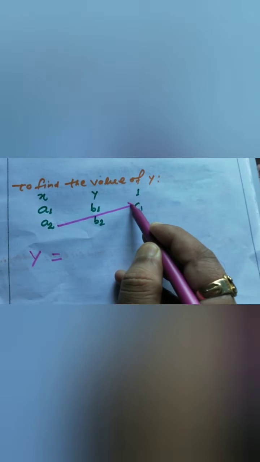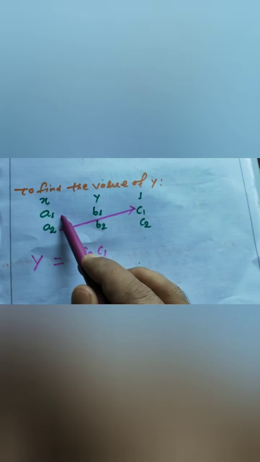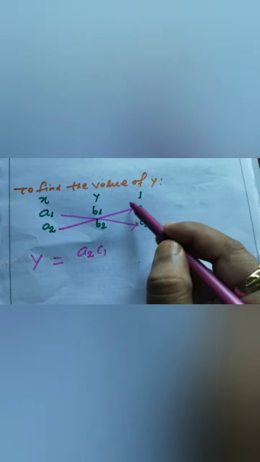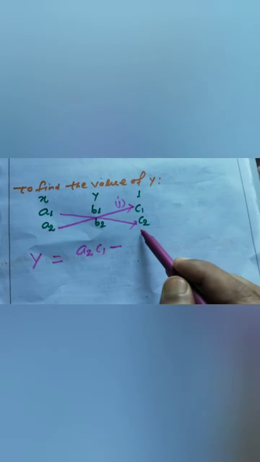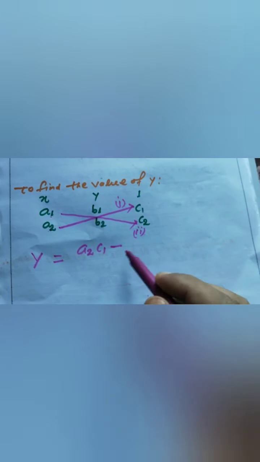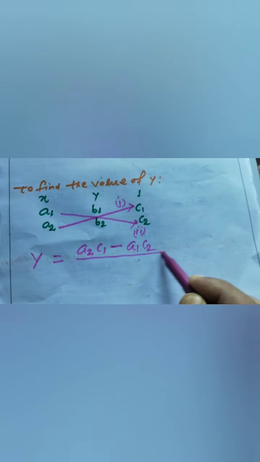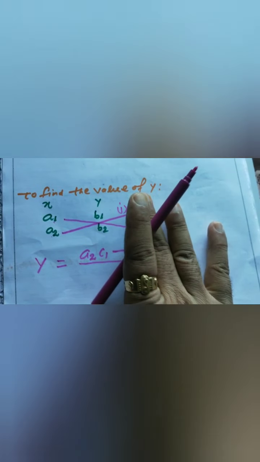First you have to multiply a2 by c1, so it will be a2 c1, and then a minus sign will be there, and secondly you have to multiply a1 by c2. So it will be a1 c2, and then again